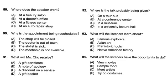Questions 92 through 94 refer to the following tour information. Welcome to Haranza Natural History Museum. You are probably familiar with this museum's world-famous dinosaur exhibit. However, today's tour focuses on the history of Native Americans in the western United States from the 1500s to the present. In the first room, you'll see displays of tools, handicrafts, costumes, and other artifacts produced by Native Americans who